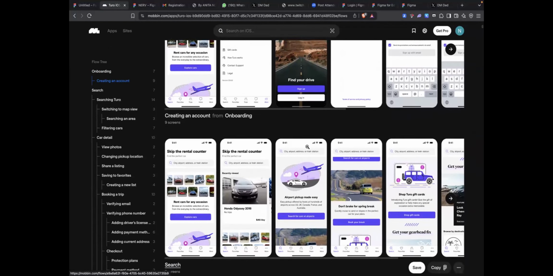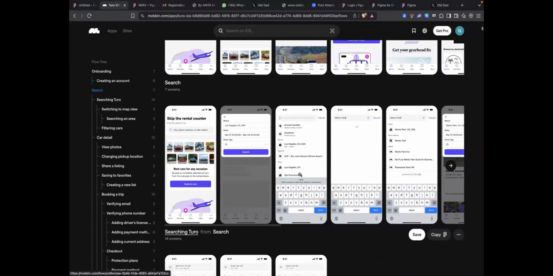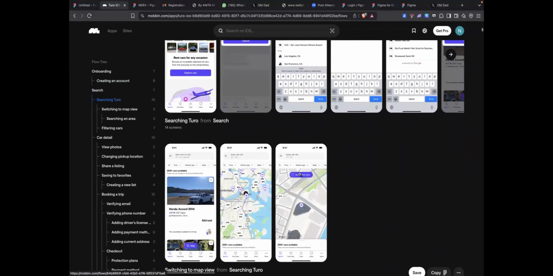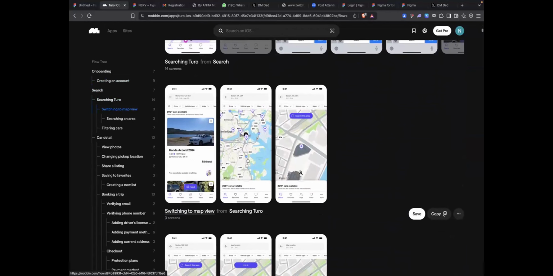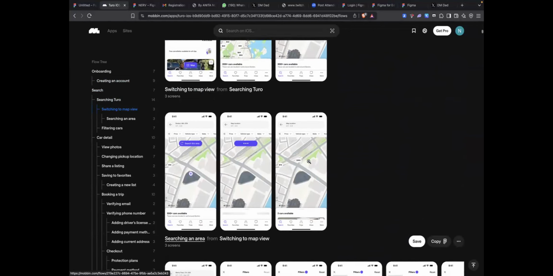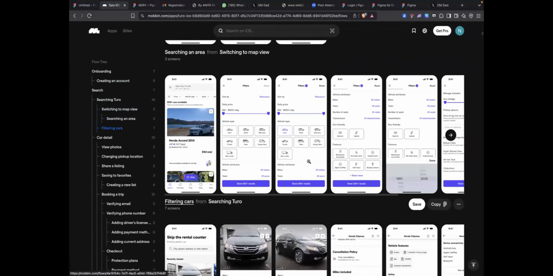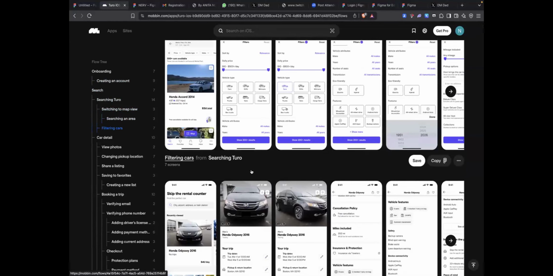So you try as much as possible to design as much as you can, look at the flows as much as you can, so that you can get the design the way you want it and upgrade from there. So you can see now, these are different screens. If this particular app has maybe 200 screens, they will show all 200 screens.